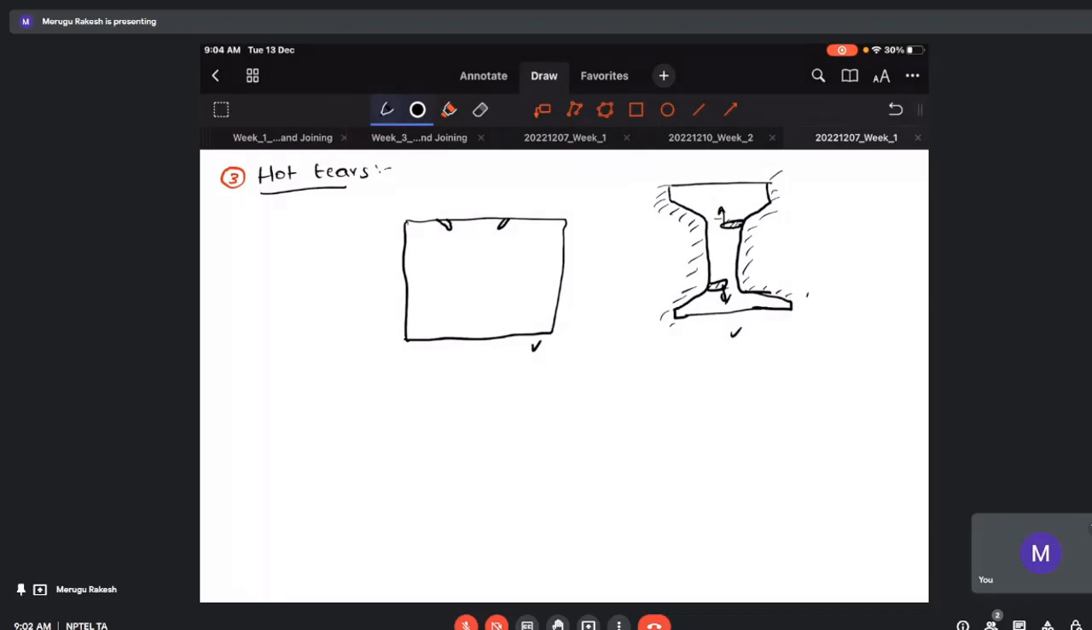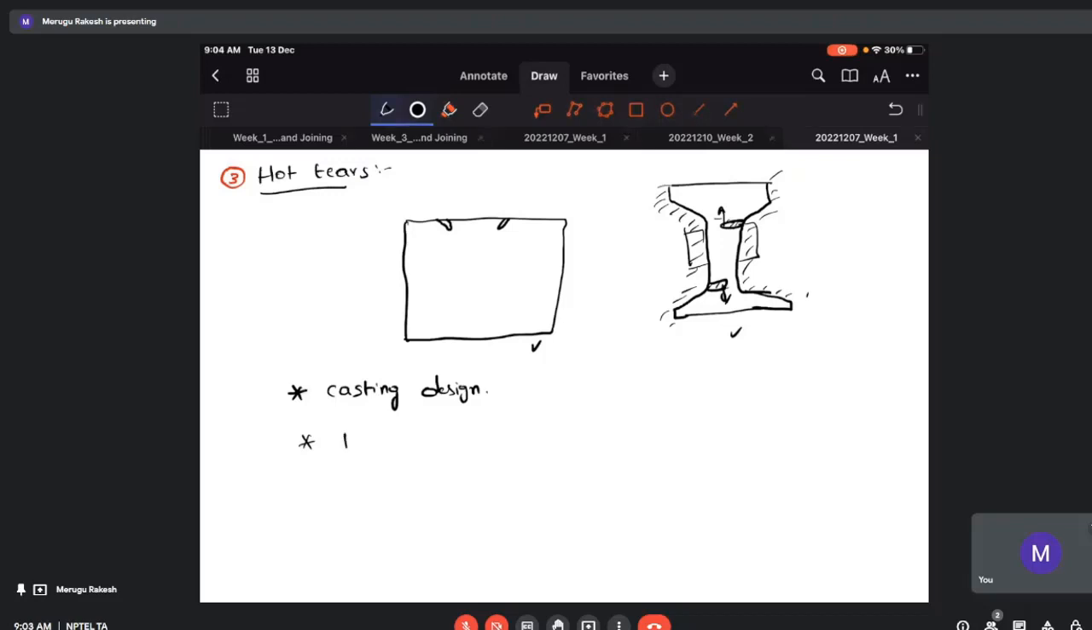Why is this happening? One is the casting design you have to keep in mind. If you can provide chills, the solidification changes and the direction of solidification changes. One is the casting design; the other is